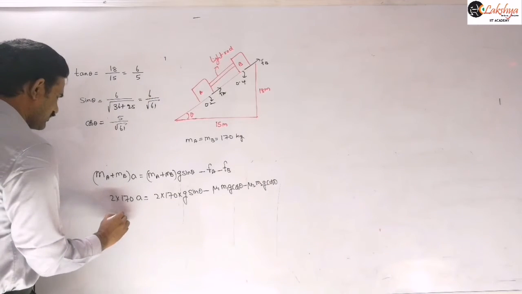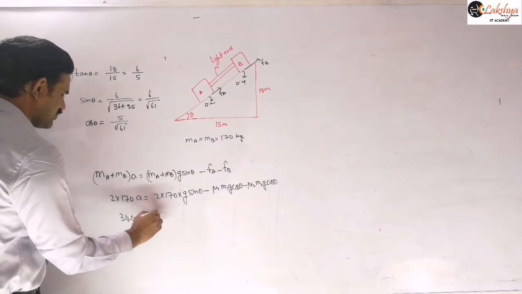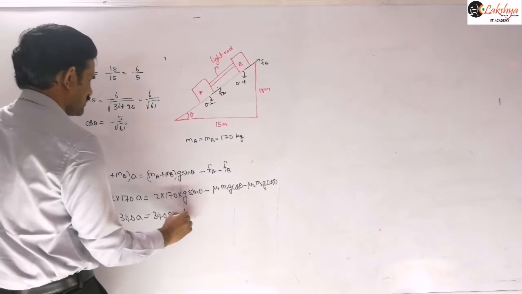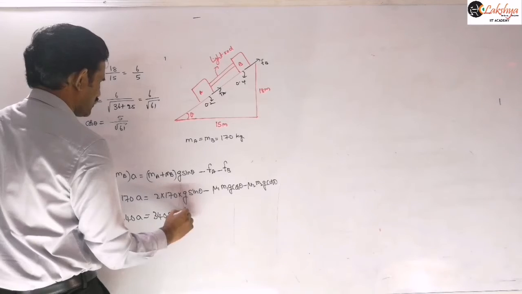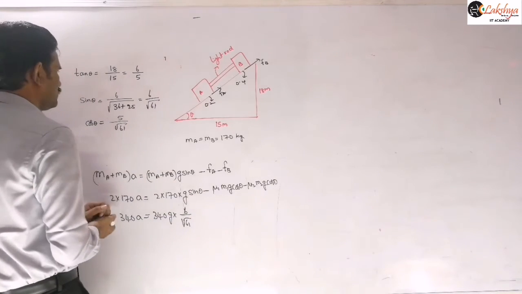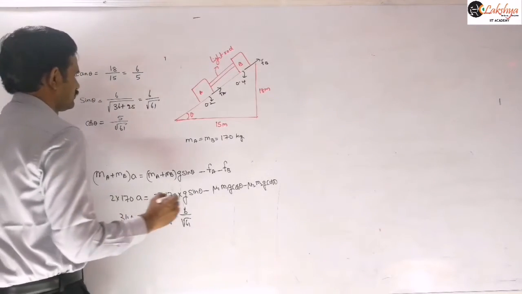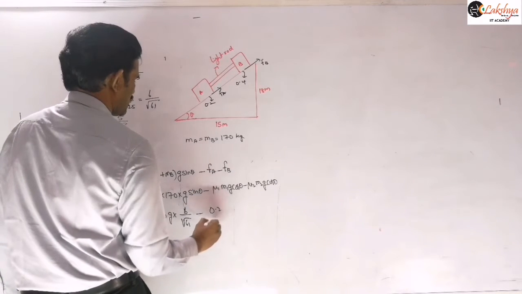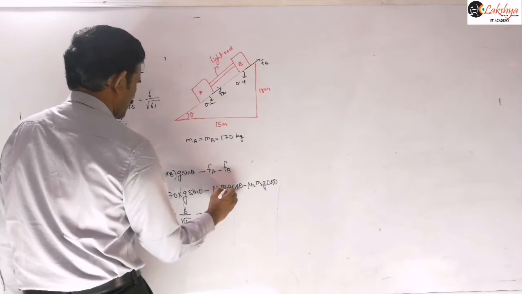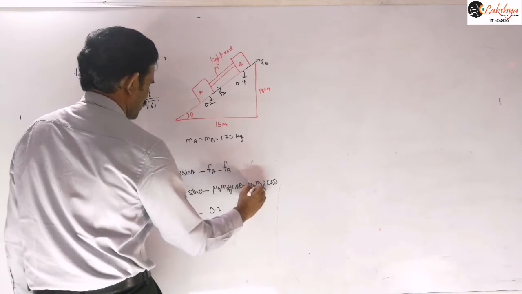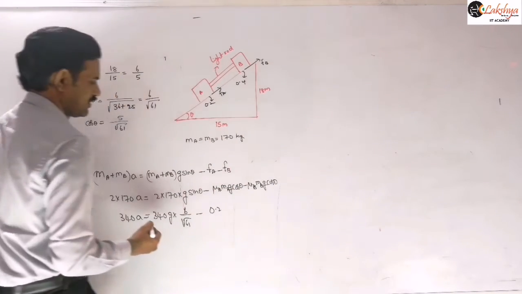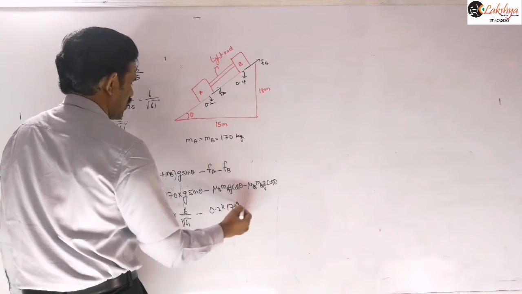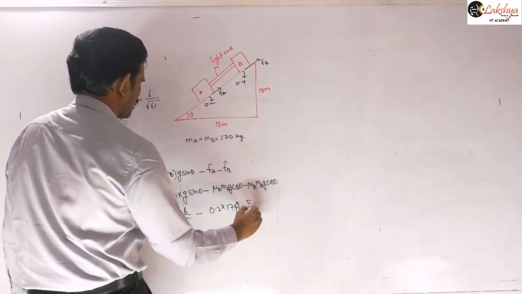So this is 340 A, is equal to 340 into G sin theta. Sin theta means this value is 1 by root 61, minus mu1, which is 0.2. That means mu1 in the sense A, mu A and this is MA, mu B and this is MB. So then 0.2 into this is 170 into G cos 30, that cos 30 is 5 by root 61 you can write,